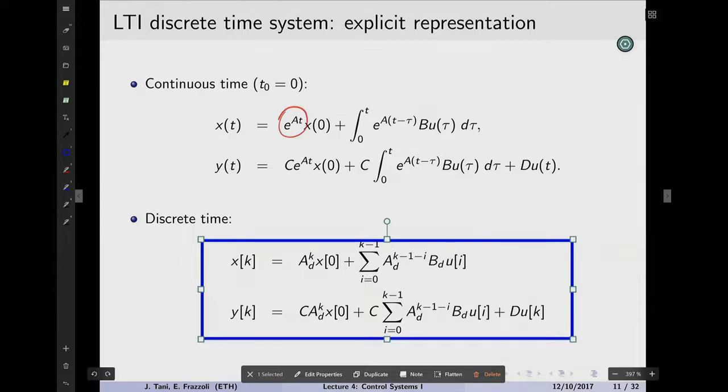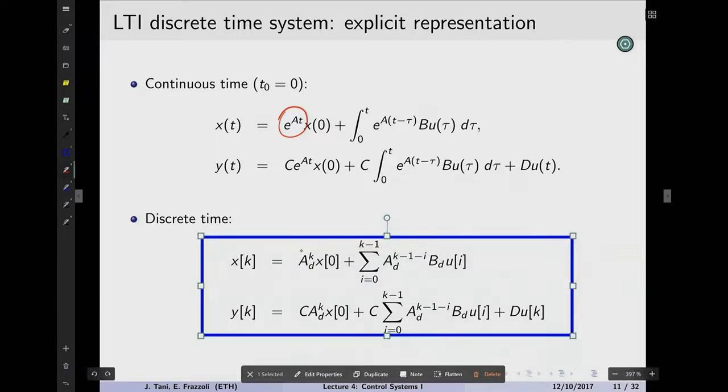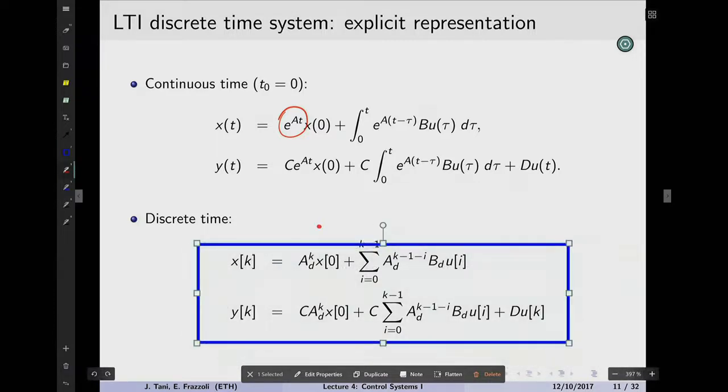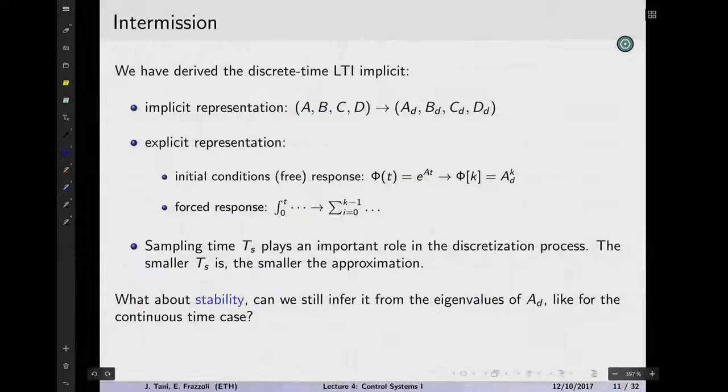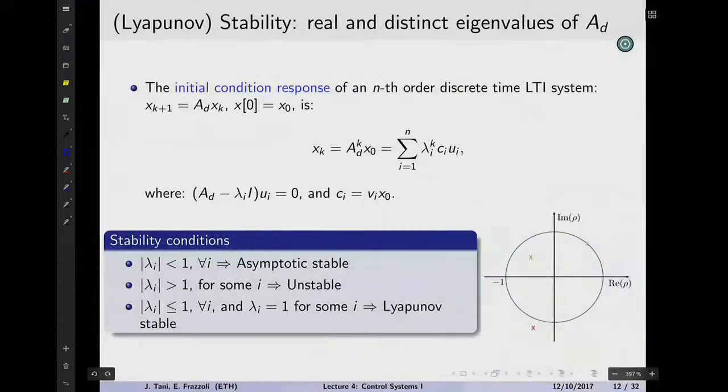So we've got this state transition matrix that passed from being an exponential term, e to the At, to being just the power of a matrix directly. So you just lost the opportunity to have the exponential. And since before we said that stability was related to the eigenvalues of A because we had this exponential term, now we don't have the exponential term anymore. There must be something going on, right? And in fact, this is exactly the case.